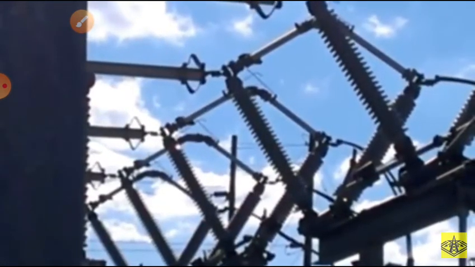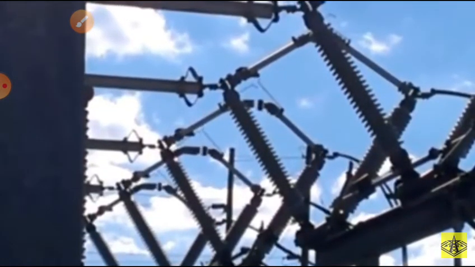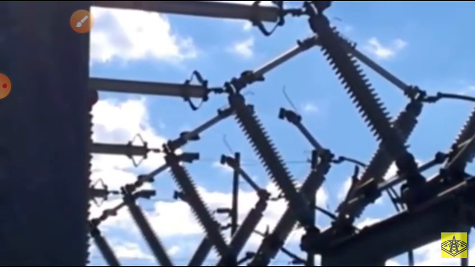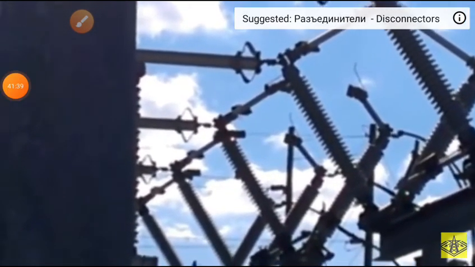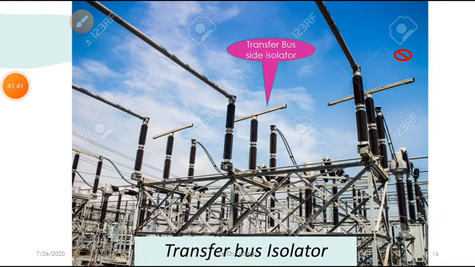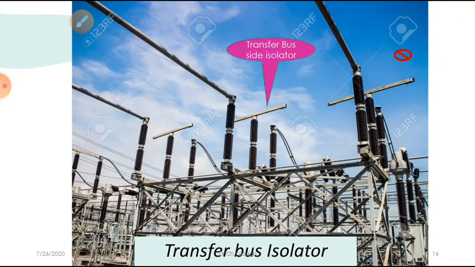They are operated manually. Sometimes we can operate them by using a motor also. So this thing you have to attend. Now you have some idea how these isolators are operated in different substations. Even then, after opening of the circuit breaker, there are charging currents. What are the effects, and the male and female contacts you observed here.